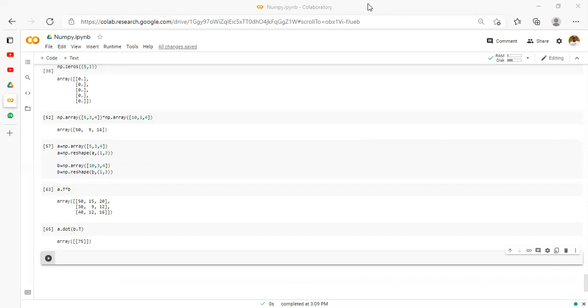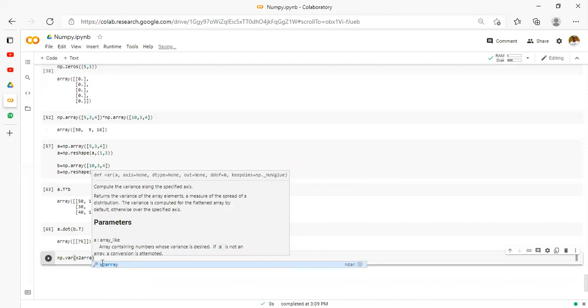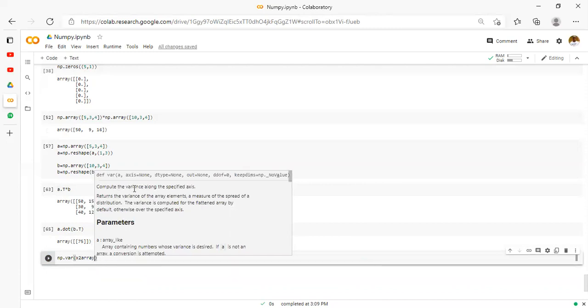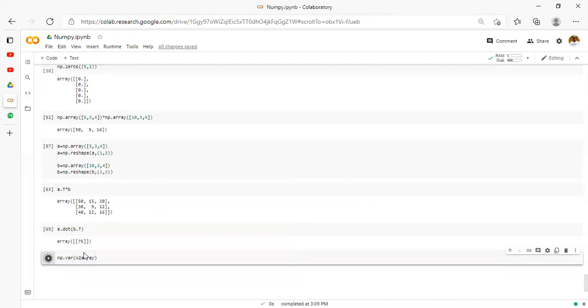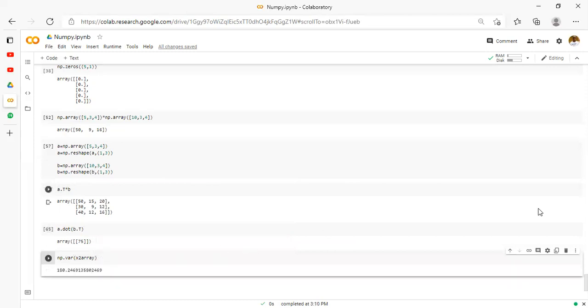If you want to calculate variance, we just need to use var, the way we did standard deviation. I think it's var, but I'm not sure. Let me check var of x2 array. Okay, there's this variance function to compute the variance. So it's the same thing. Variance is np.var. Okay. Our problem is